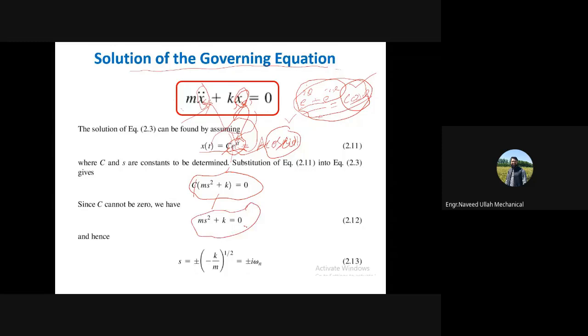Quadratic equation, ठीक है। और इस क्वाड्रेटिक इक्वेशन को जब आप सॉल्व करेंगे, using quadratic formula, तो आपके पास इसके दो रूट्स आएंगे s1 और s2, ठीक है। और जब इसको आप ओपन अप करेंगे, तो आपके पास x of t, क्योंकि दो रूट्स हैं, तो x of t, that is the solution, that will be c1 e to power iota omega n t and c2 e to power minus iota omega n t, क्योंकि प्लस माइनस आता है क्वाड्रेटिक फार्मूला में।